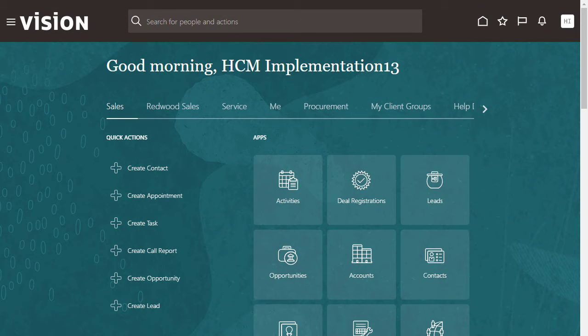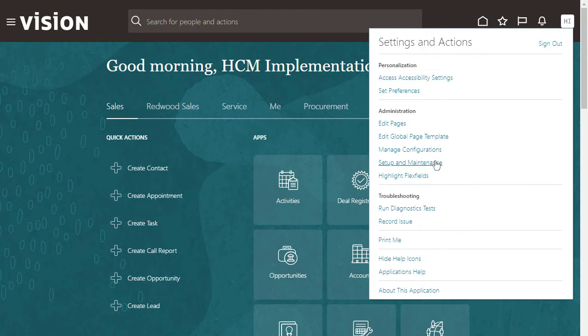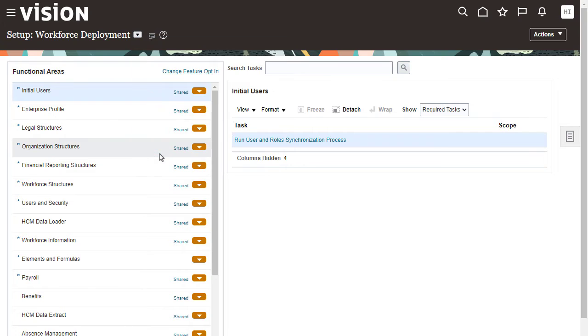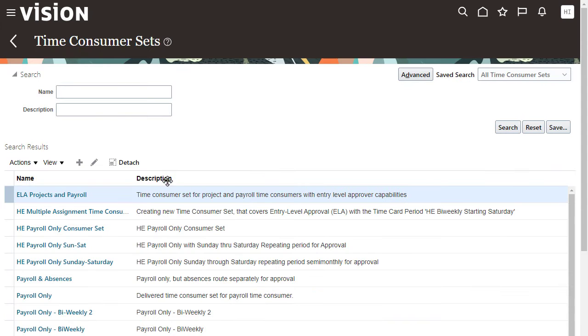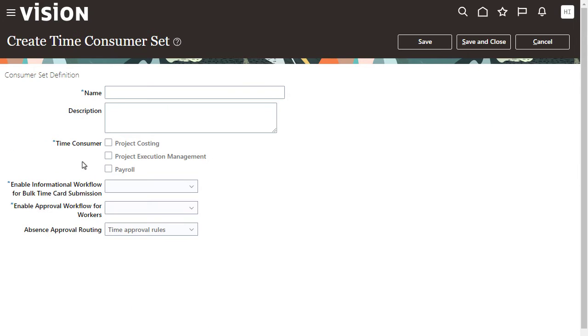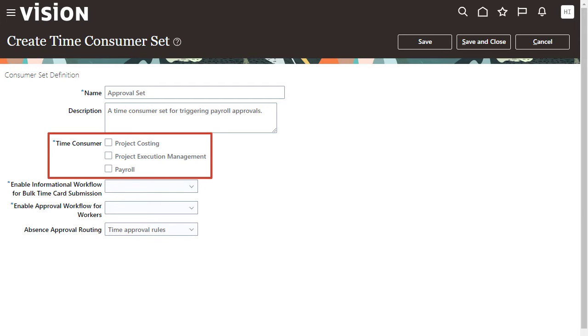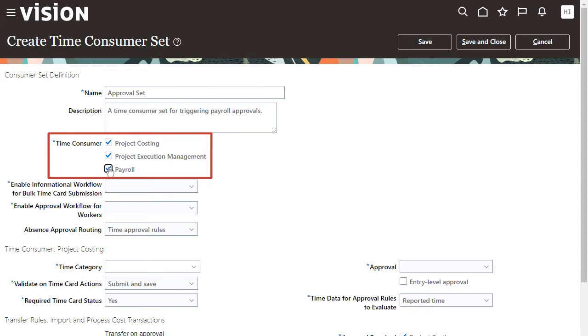I'm signed in as a time and labor administrator who has access to the workforce offering. I navigate to the time consumer sets task. I start by creating a time consumer set and giving it an appropriate name and description. Your first step is to select a time consumer, that is, the application or applications that will be using this set. Notice that if I select all three,